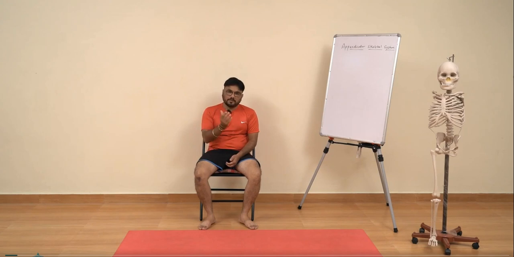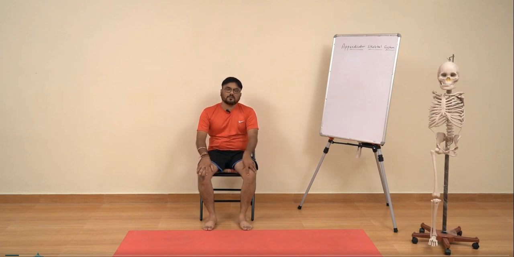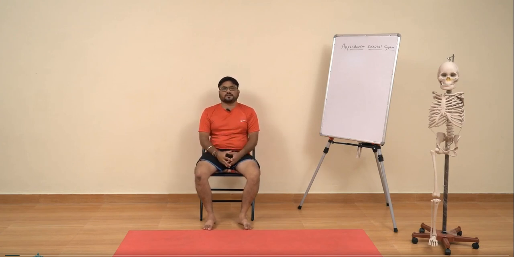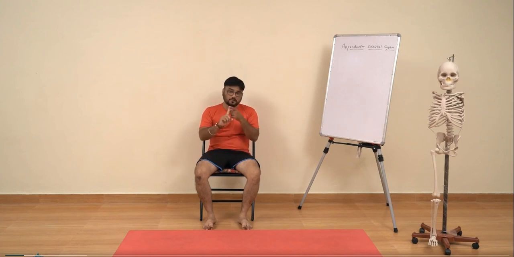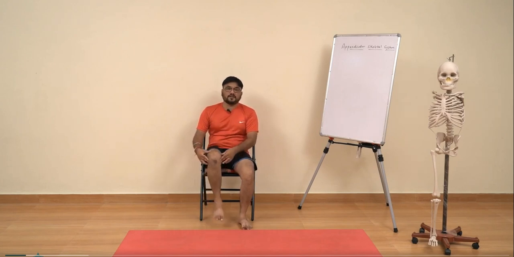What is the neutral alignment for my knees? How much pressure do I have to create? Because the knee is a very complicated joint, guys. This is the junction between the hip and ankle. If the mobility of the knee is affected, it affects the mobility of your hip joint and your ankle joint too. So we must be careful, and the knee has a very limited range of motion